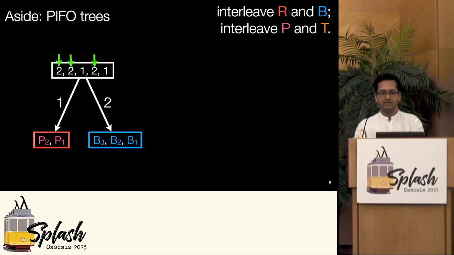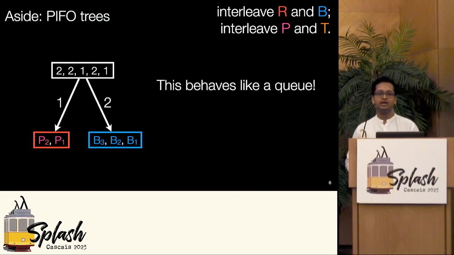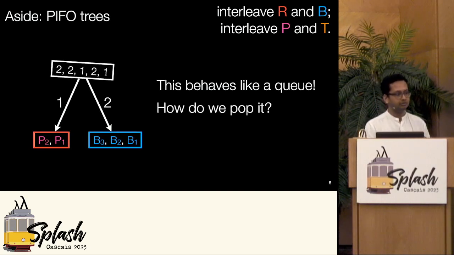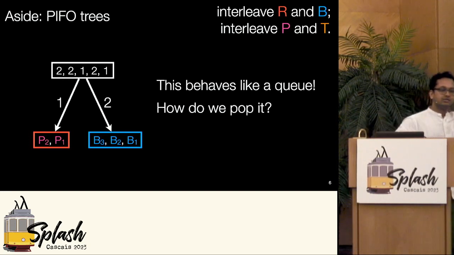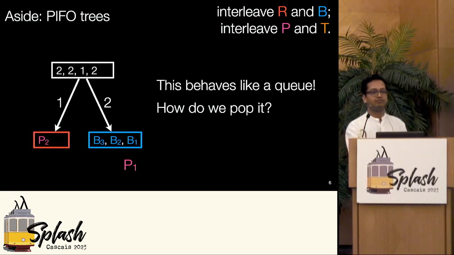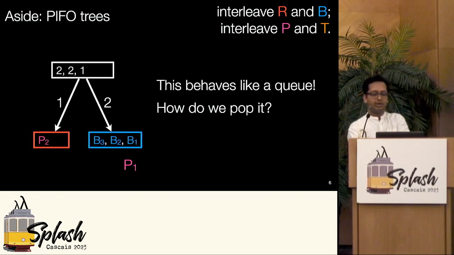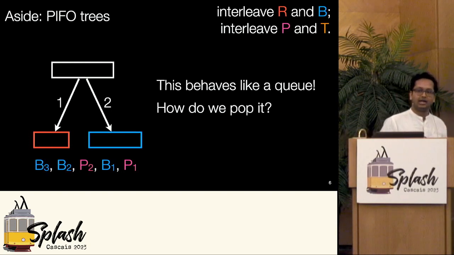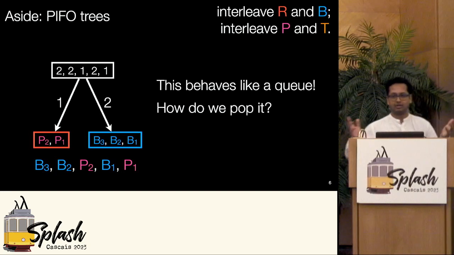If I honor this stuff, then my PIFO tree is well-formed, and a well-formed PIFO tree is a real cool thing because it behaves like a queue. It can be pushed into and popped from. Let's do both of those things. How do we pop it? You pop the root. Out comes the most favorably ranked item, which in this case is rendered on the far right. So the 1 comes out, and this triggers the popping of my first child, and what comes out? P1. This is the result of popping this tree 1 time. Let's do it again. Pop. 2 comes out. Pop. B1 comes out. If you do it all the way, that's what you get out. And I'm going to put the tree back for you, but this is the logical state of the tree. This is what the tree is sort of trying to say.